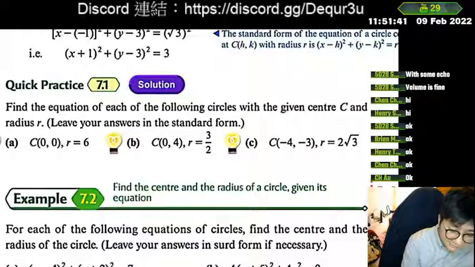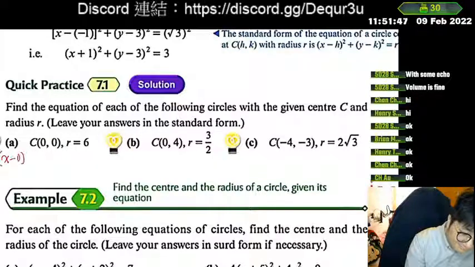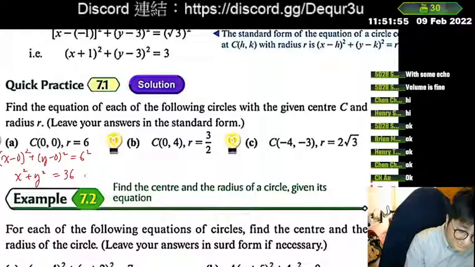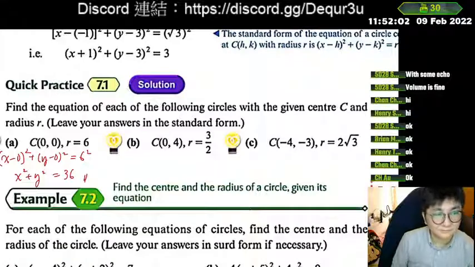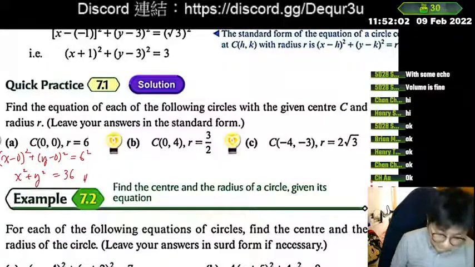Okay, so part A. It is the origin, therefore it will be x minus 0 squared plus y minus 0 squared equal to 6 squared. Simplifying, it will be x squared plus y squared equals 36. Next, for B,